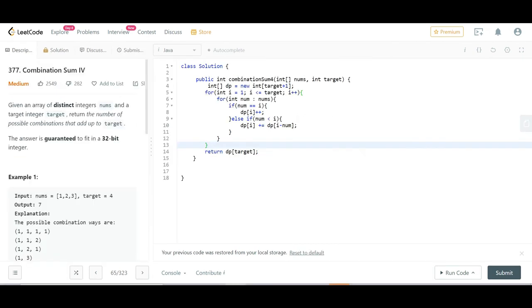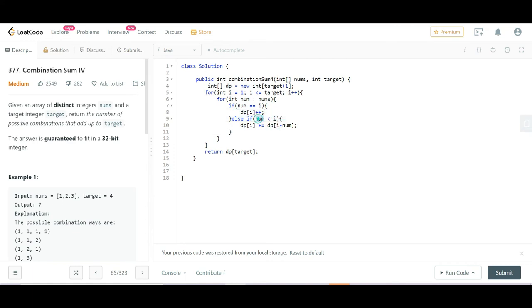So another way to do this problem is by using DP, and this solution is similar to the coin change problem, right? Where you have to take a DP array and set its size as target plus 1. Then every time you have to iterate using these numbers. If the number is the same as i, then you do DP[i] plus plus.